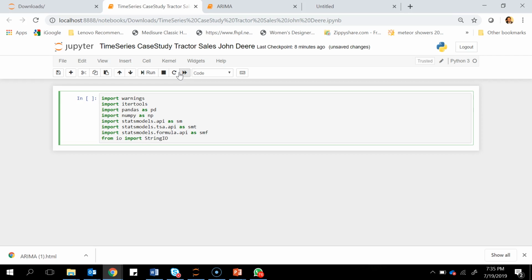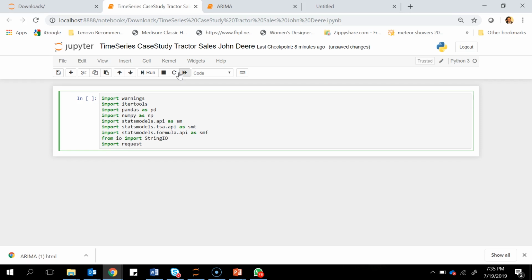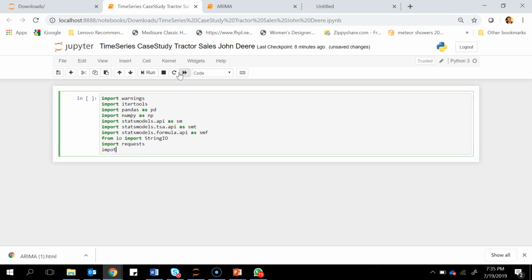So this is just if you're taking a string as an input. This is not actually a requirement, but we'd like to make it more intuitive what we are trying to do here, and that's the reason we're importing this library. Let's import requests and import matplotlib.pyplot as plt.